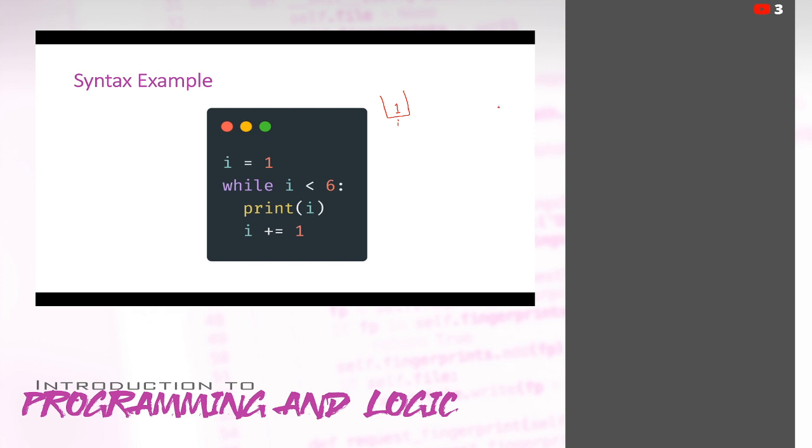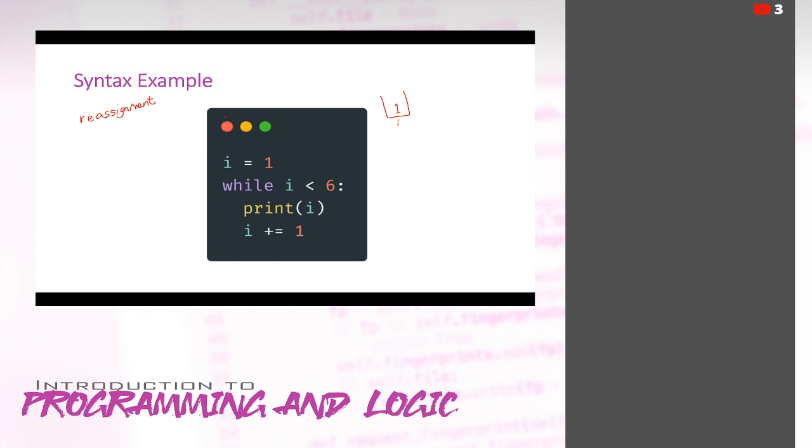We call the process of changing the value of a variable reassignment. And the looping process, the iteration process, relies heavily on reassignment. And the example that we have here is no different.